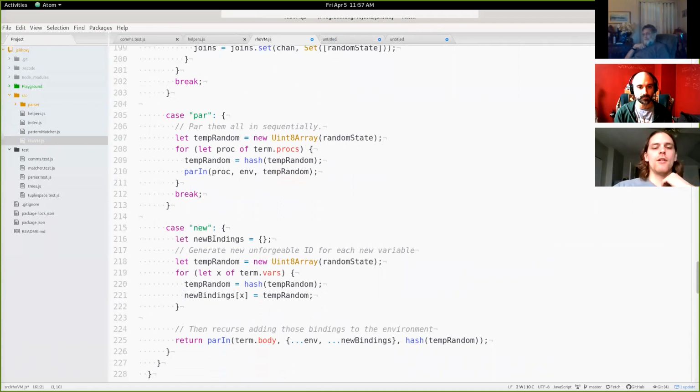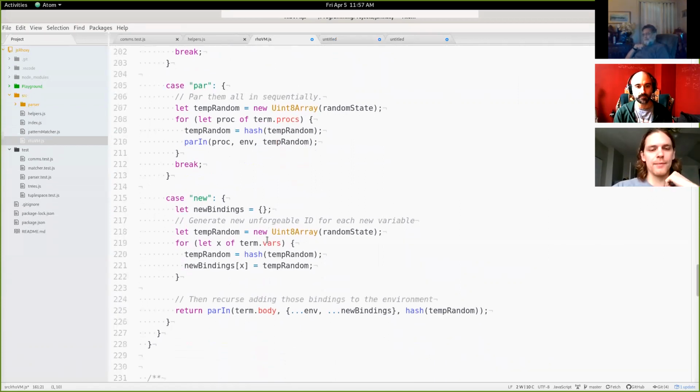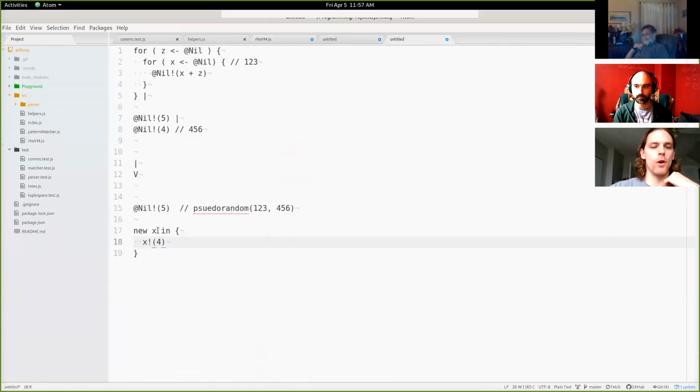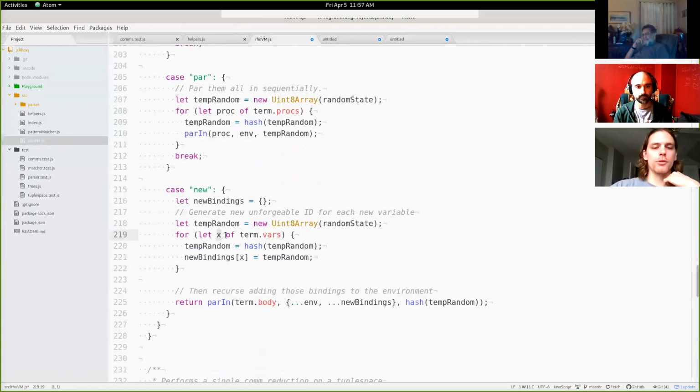So we start off with letting the new bindings be an empty map, and I'm about to go through and mutate the heck out of this thing. So for every one of the variables that I'm creating as new, because it could be many. And in my example here, there's only one. I only created X, but it could be new X, Y, Z, however many. So there could be a bunch of them. So we're going to loop through all of them. We give each one of them, look, this is awesome. So in new bindings, we associate X, whatever it was, first X, then Y, then Z, with this sort of